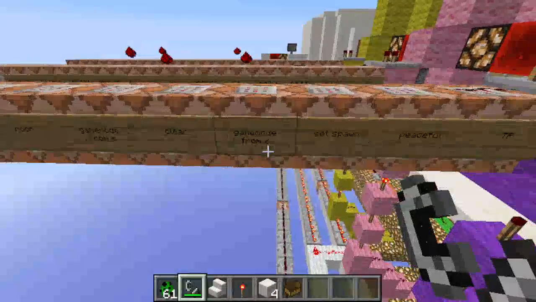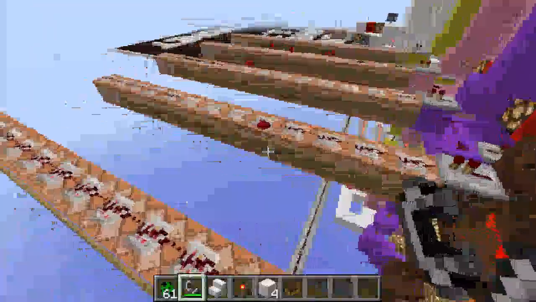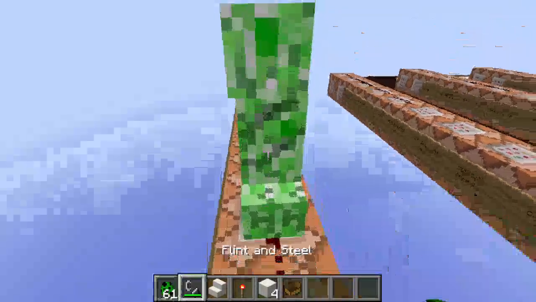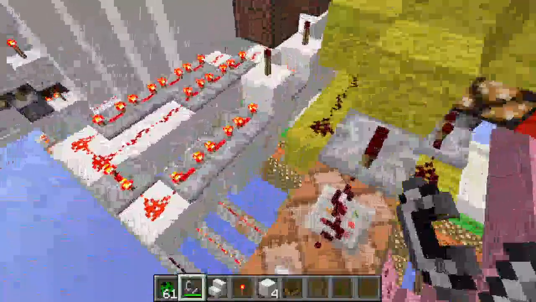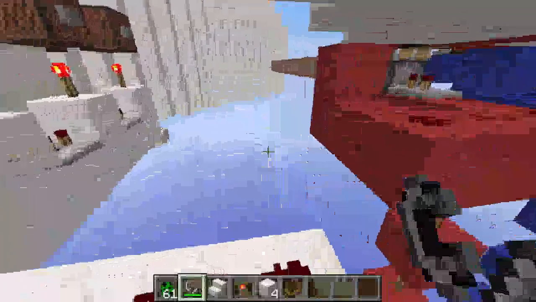I'm just doing this in creative to be convenient, but yeah. For survival, it doesn't matter. You don't need to blow anything up. And for boss battle, yeah, we do want to blow things up. That's actually too close. Oh, it wasn't too close. So yeah, then you would parkour back, run across this way, and